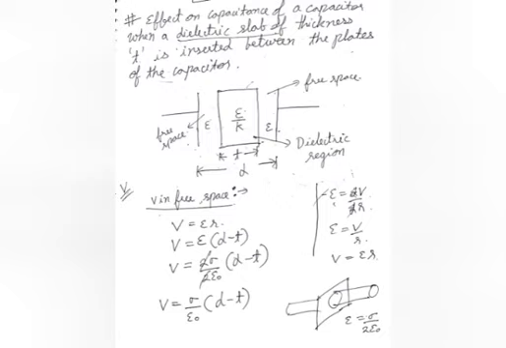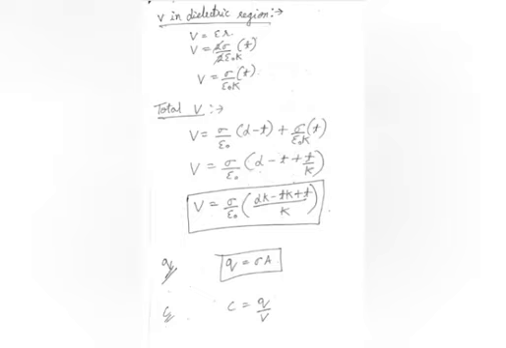Now let us calculate the potential in the dielectric region. So again the expression is V is equal to E into r, and again the electric field would be 2 sigma upon 2 epsilon naught, but in place of r we will write the distance of the dielectric, which is small t. The thickness of the dielectric is small t. Again 2 and 2 would get cancelled out and V is equal to sigma upon epsilon naught K into t.